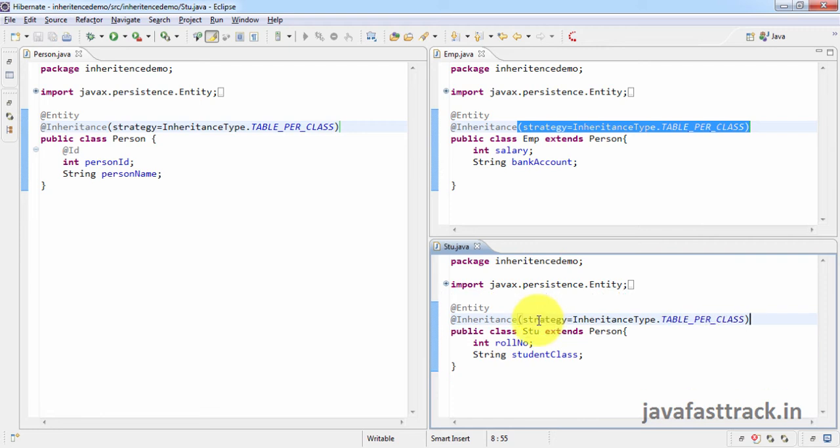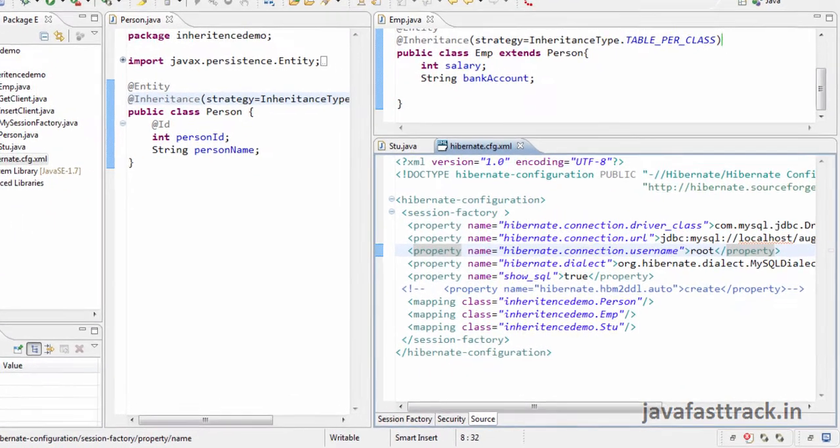Now we are trying to modify the table structure. The previous structure is of no use now. We have studied the first strategy, so it is time to drop that table and create new tables. So earlier we had just one table with all the data. We don't want that now. Right now we are in the process of studying table per class strategy. So we want Hibernate to drop the previous table and create new table.